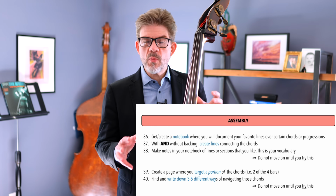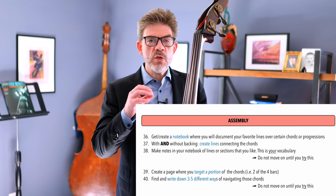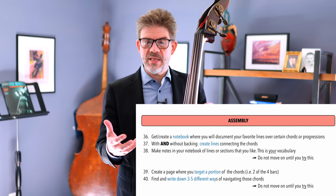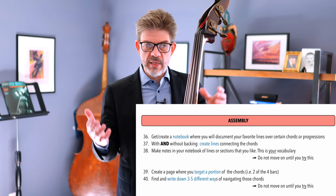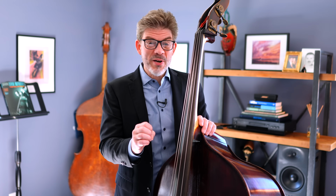For day 5, what we're just doing is assembling everything we've done so far. So you want to be able to create lines using all these tools that we talked about, all this data that we've curated for ourselves. But importantly, get your notebook out and keep track of lines